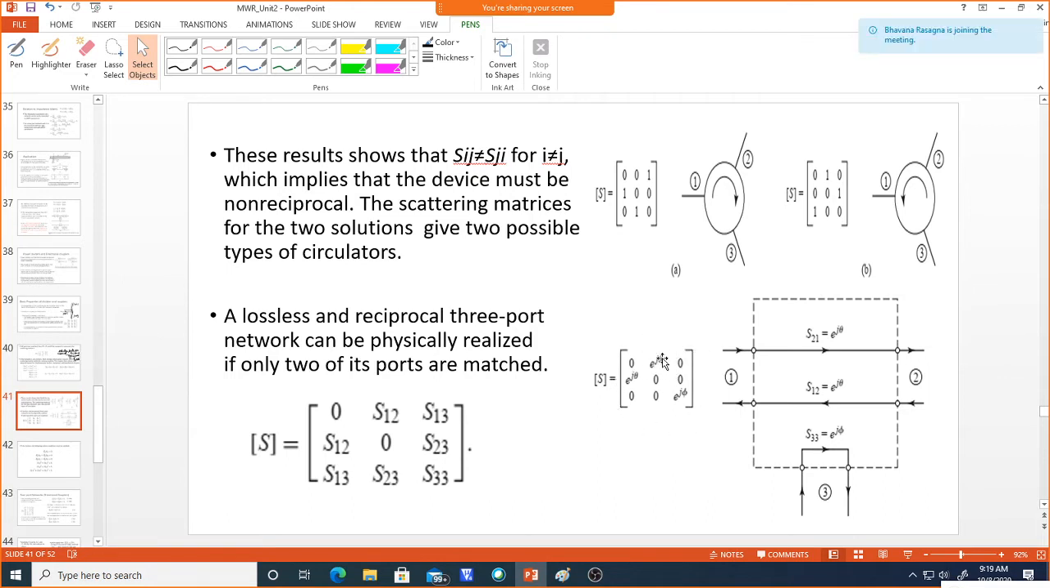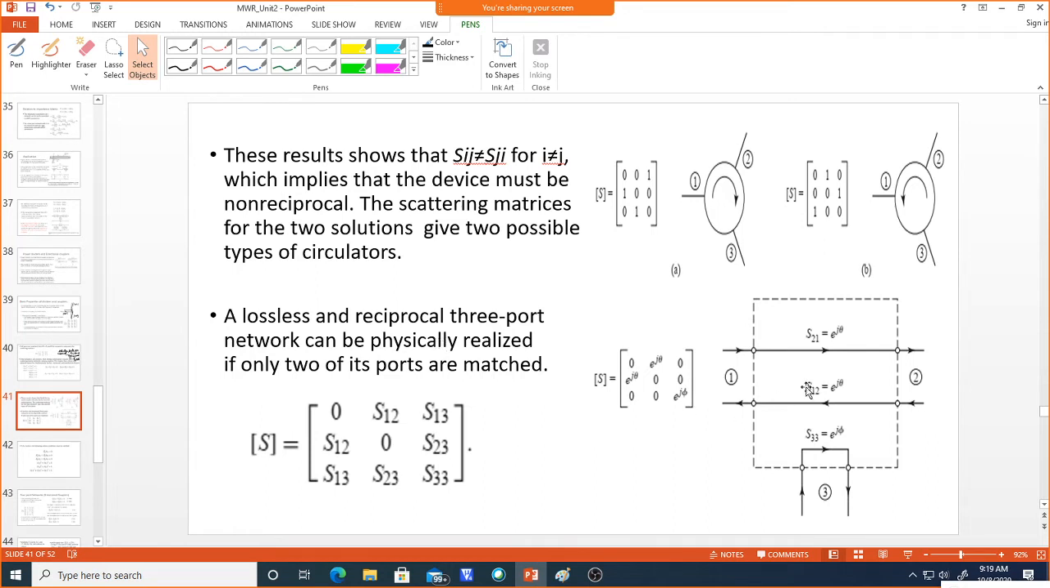So this is having some phase, and also port 1 and port 2 will have direct power transfer, that is from 1 to 2 and 2 to 1. And if you do not match the third port, it is completely decoupled from the other ports. So here all are connected to each other, but if you want to achieve lossless as well as reciprocal, then the third port is decoupled from the two ports, which will be achieved as a lossless and reciprocal